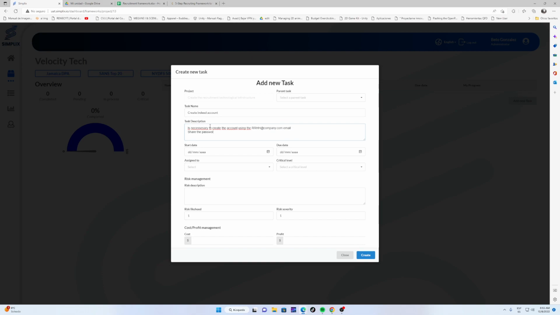Share the password through LastPass. Imagine that we don't want this to get avoided. So I'll come back to this in a moment. The start date is going to be today, and the due date is going to be the 23rd of January. It's going to be assigned to Gustavo, and the risk description,